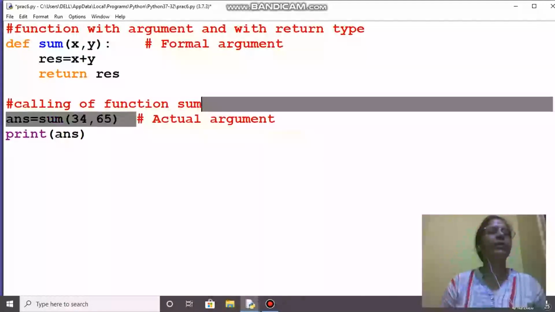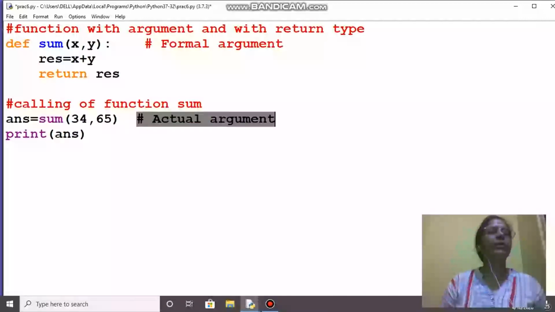What are actual arguments? Actual arguments, while calling the function, whichever value or expression we pass, here we can pass any expression also, whatever value or expression is being passed while calling, that is the actual argument, and that is being received by whatever variable, they are the formal arguments.